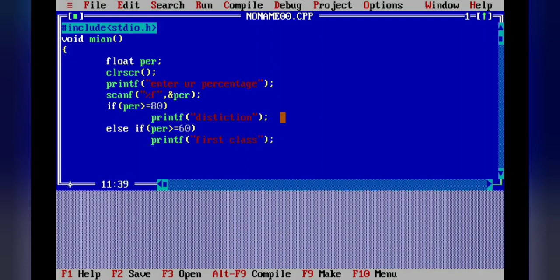Next we will write the condition, again else if. The third condition we are writing: if percentage is greater than or equal to 50, then printf second class.